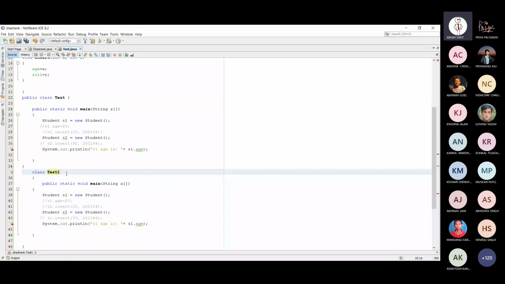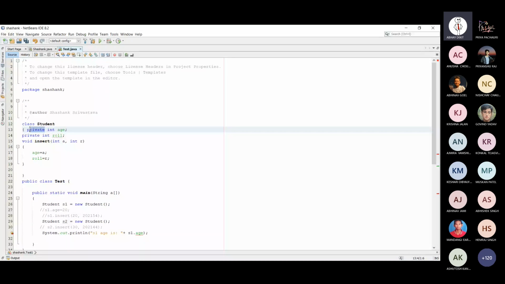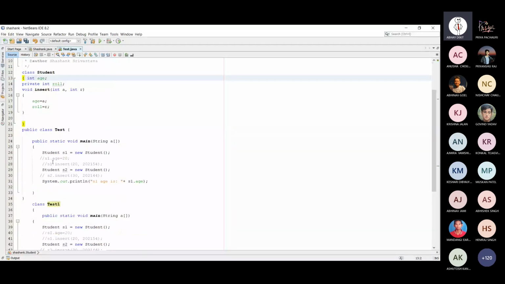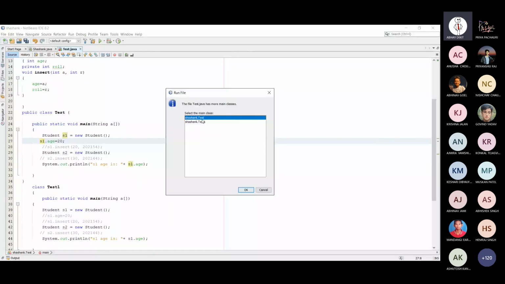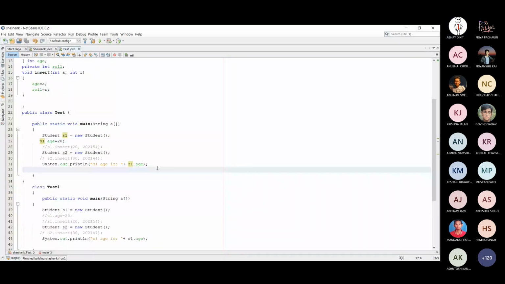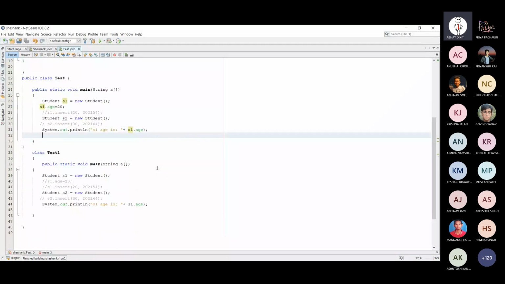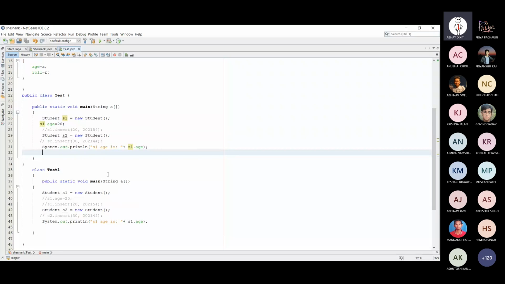Now I remove this private keyword on s1.age, and I run the program. Here you can see it asks to select the main class. If I select the Test class, the program is executed. So if you write the main method two times, the program is executed, but you need to give the Java virtual machine the exact location of the main method. There are two main methods, but you execute the program from here only.